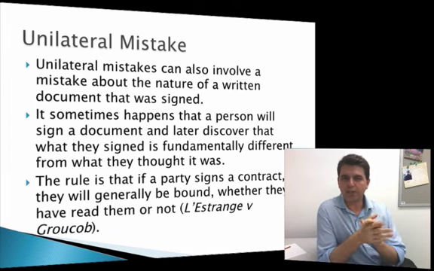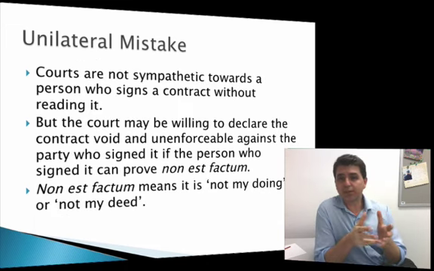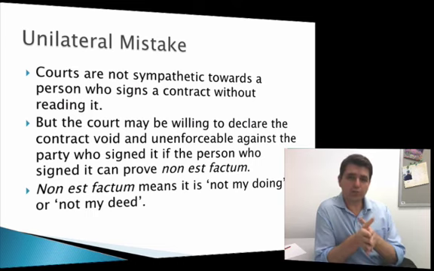Very occasionally, you can make out unilateral mistake around the kind of contract that you've dealt with. This will happen very, very rarely though, because the courts make the presumption that if you've signed a contract, etc., that you knew what was in it, and caveat emptor applies. This exception is, let's use the Latin phrase, non est factum. So most times the courts are very unsympathetic if you haven't read the contract. But under some very limited circumstances, they will hold a unilateral mistake. And it's important to understand how limited that context actually is.